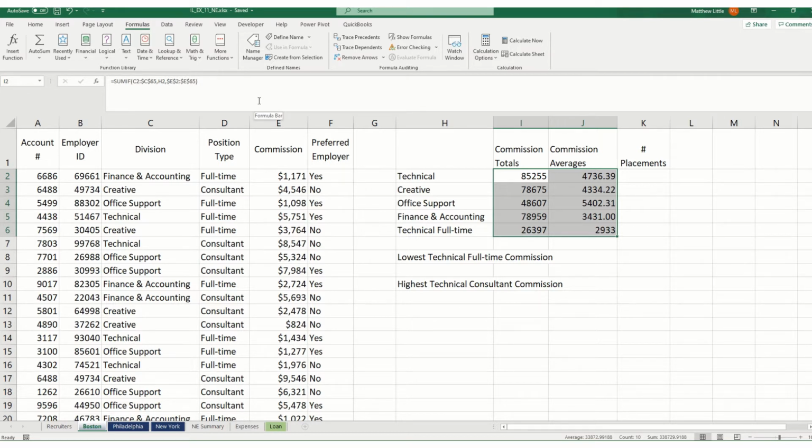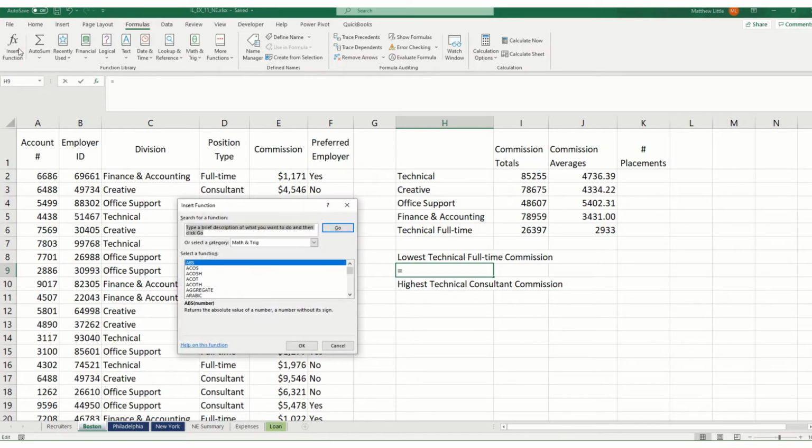The other set of functions is we want to find values based on certain conditions. So we're on to page 11-8 of the text, and if you click on cell H9, we're going to insert the minimum if s function. So it's the lowest technical full-time, so technical and full-time, so therefore we need multiple parameters. And we want to go up to